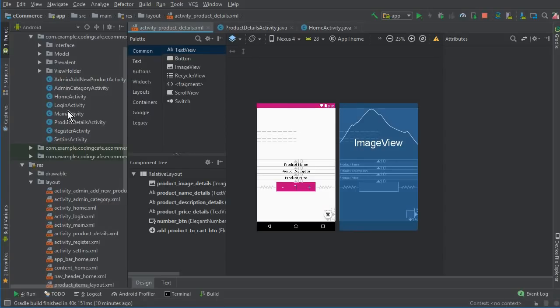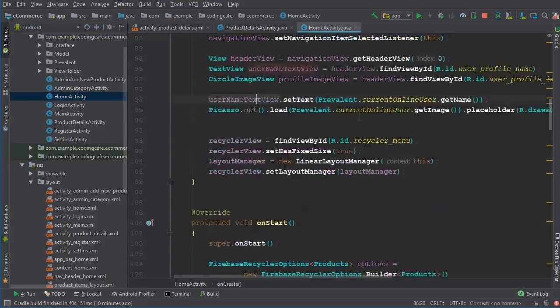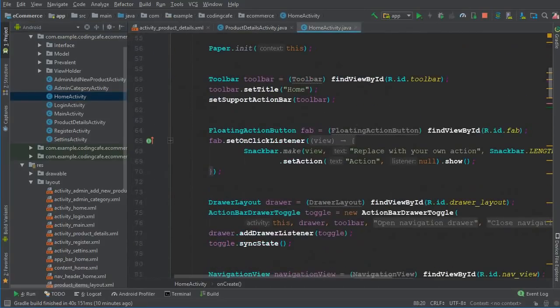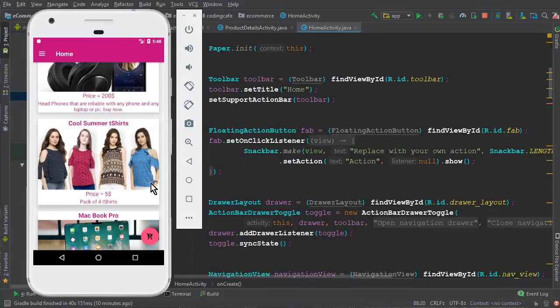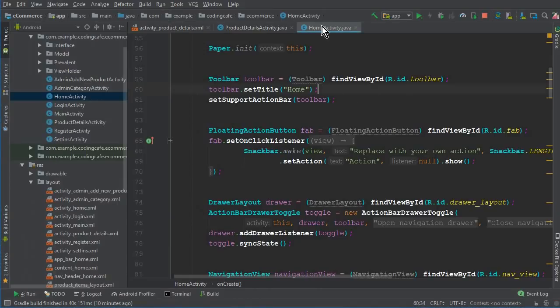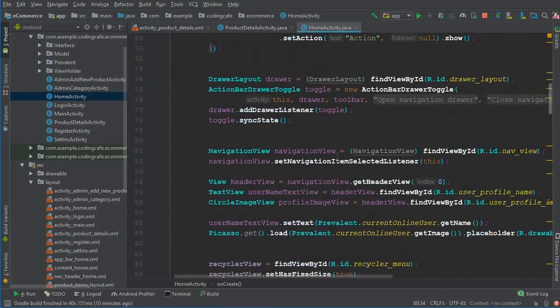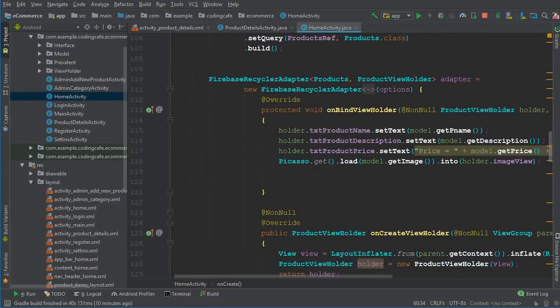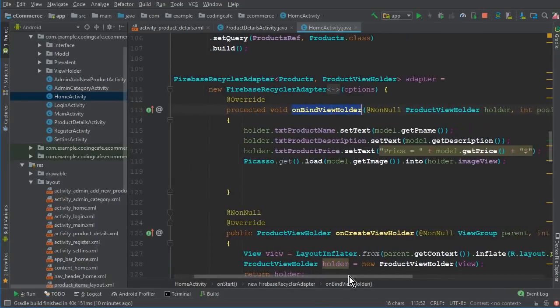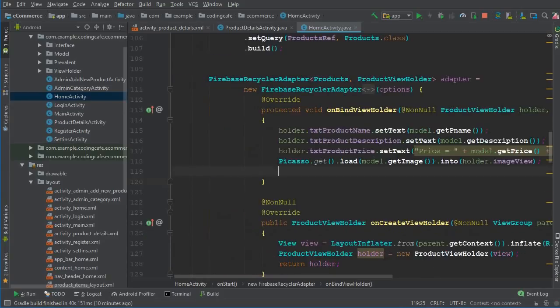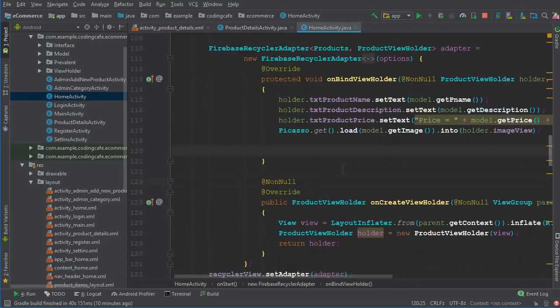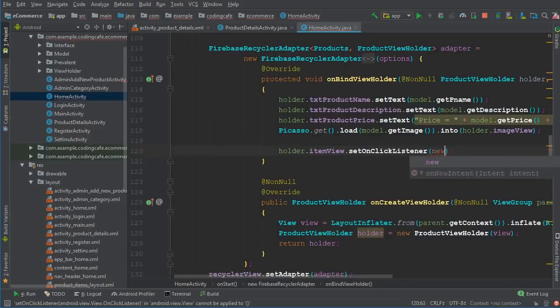So first of all, we need to go to the home activity. As I told you, a user will click on any product here on the home page. Each product carries its unique ID, so we have to get that ID. On our home activity, in the onStart we have this method onBindViewHolder, and here we can simply set a click listener on the item view. So we can say holder.itemView.setOnClickListener, new OnClickListener,